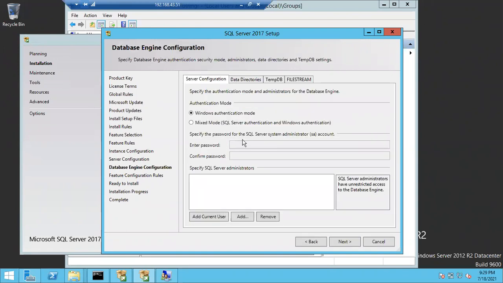In the security concept, we discuss who can access the SQL Server, how to give the permissions, how to make a sysadmin, how to remove the permissions. Everything will be discussed in the security concept. There I will explain what is Windows authentication, what is mixed mode authentication or SQL Server authentication. As of now, we'll choose Windows authentication only.